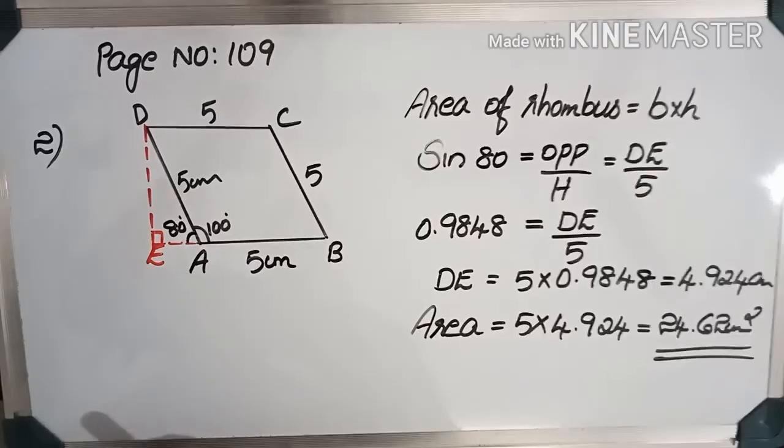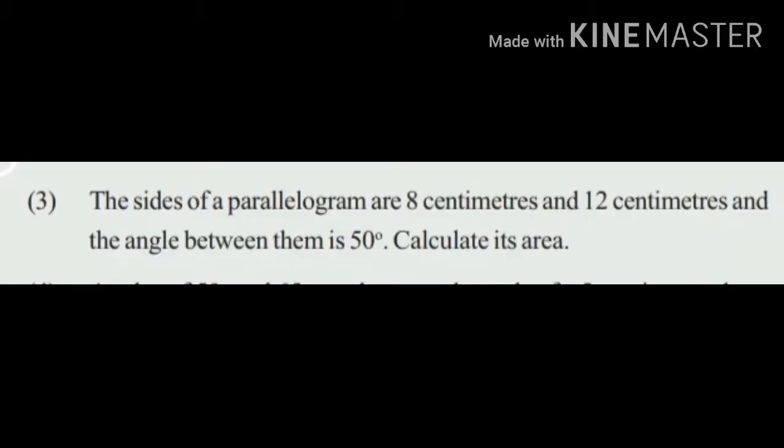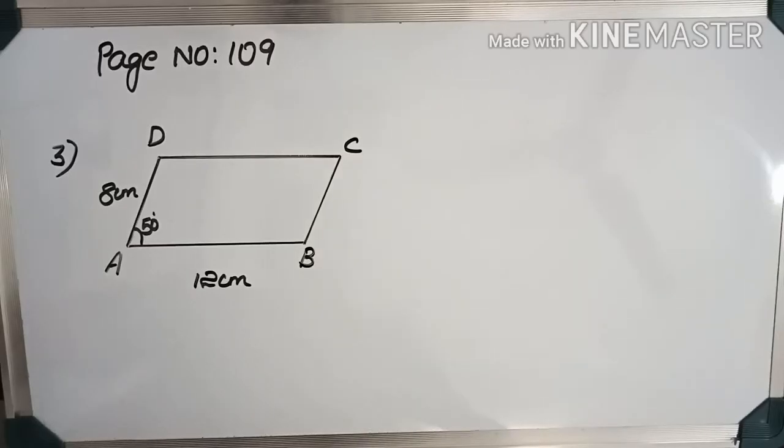Second one. Next is question number 3. The sides of a parallelogram are 8 centimeter and 12 centimeters and the angle between them is 40 degree. Calculate its area. So in the third question, it is given that two sides of a parallelogram are 12 centimeter